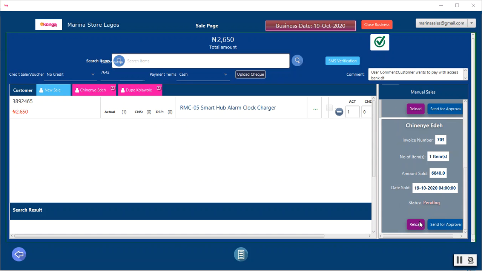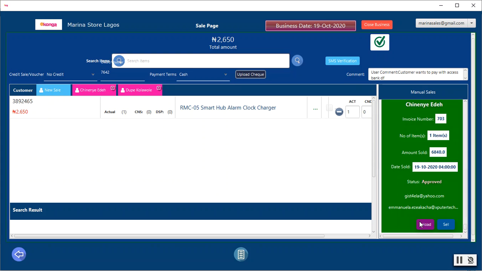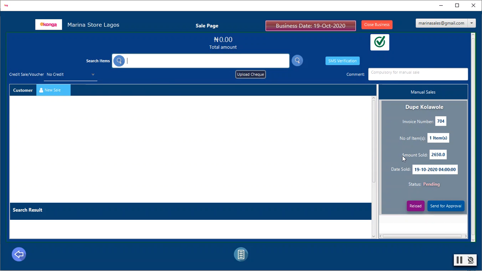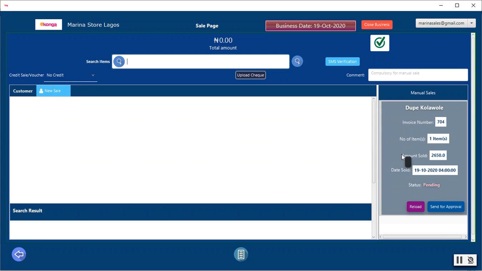And I'm going to reload. Okay, so this has been completely approved. So I'm just going to sell this. Now, just before I reload this,